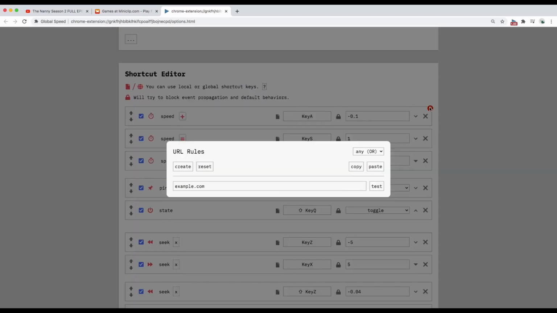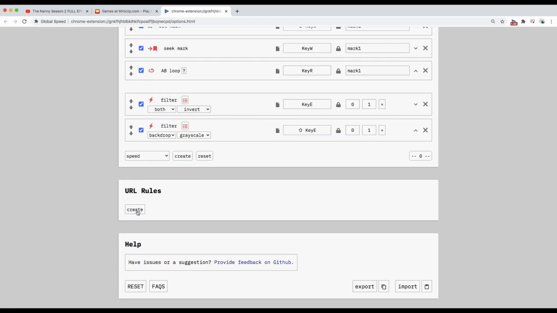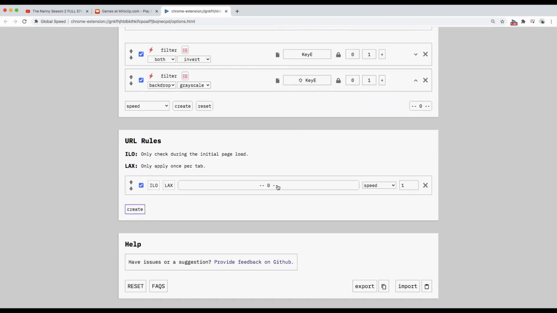URL rules could also be applied to individual hotkeys. You can also configure URL rules to automatically set the speed,